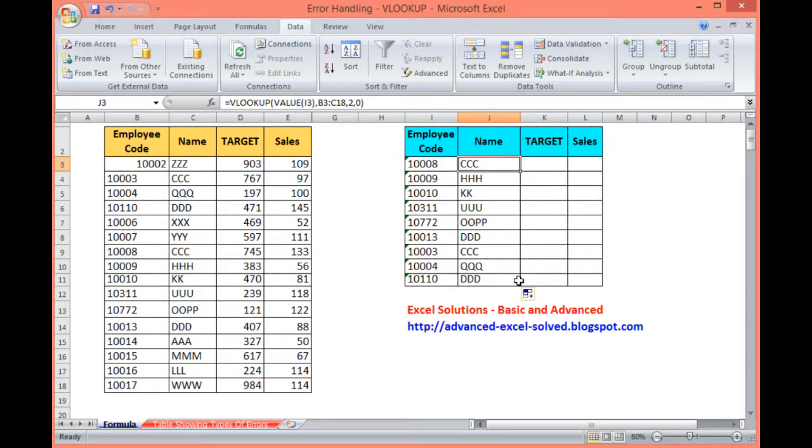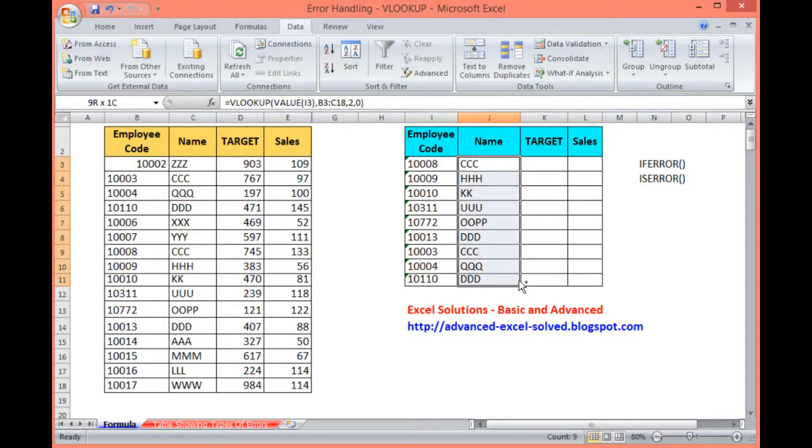Another way is you can use it in another way. There is another function. First function I used is IFERROR. Now I will use another function, that is ISERROR, but we rarely use this function, but you learn it.